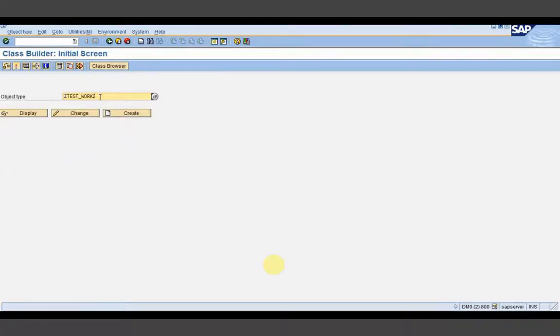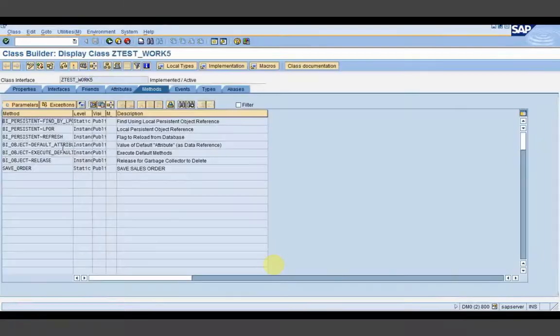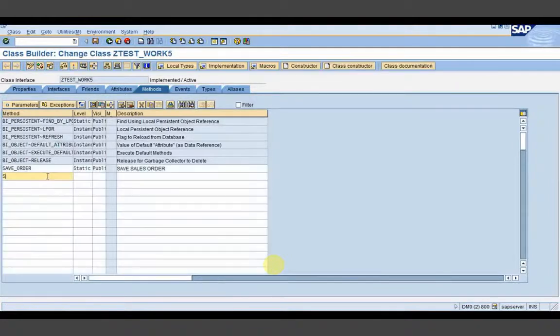So I think the class name was something 6. Okay, it is 5. So here I'm going to change mode. Here I will write one method called send notif, static.